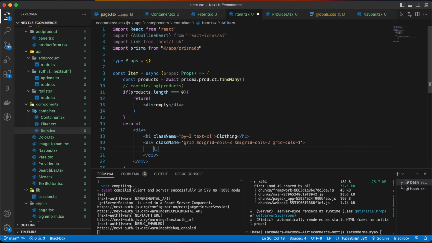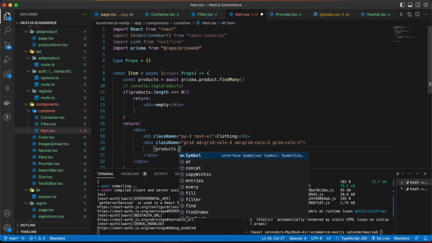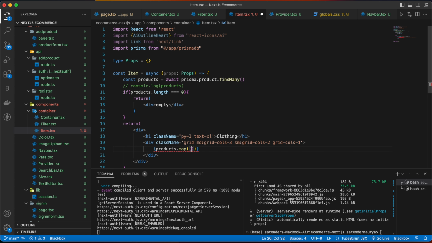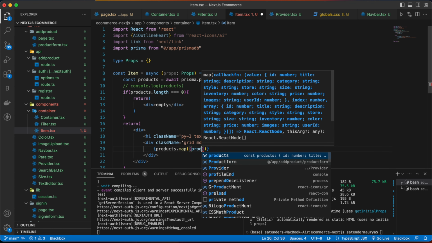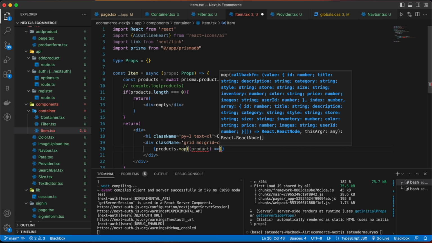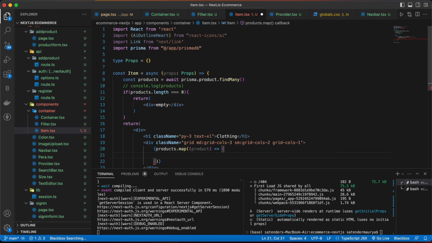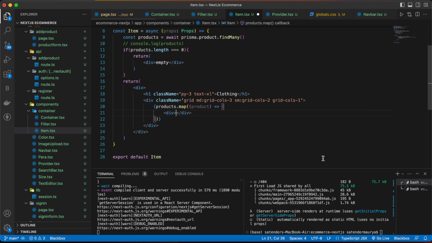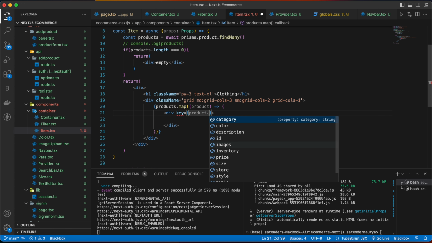Now we are going to use the products and map over that. Then small braces. Inside that we are going to have a div and then give a key value which will be product.id.